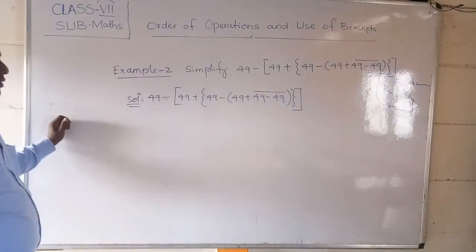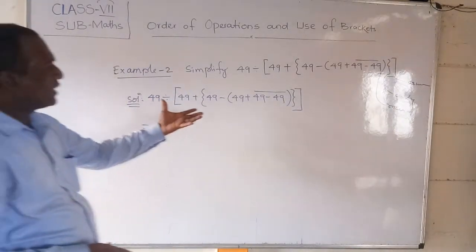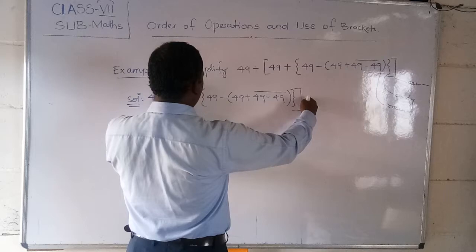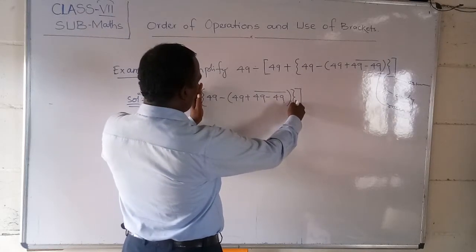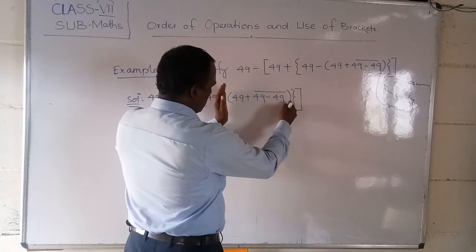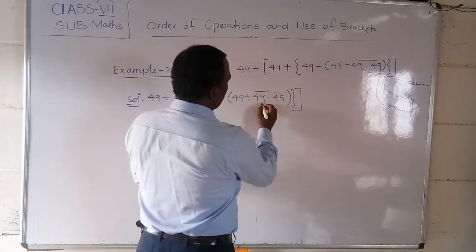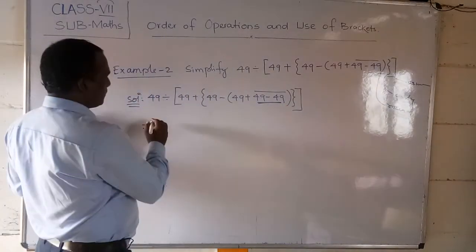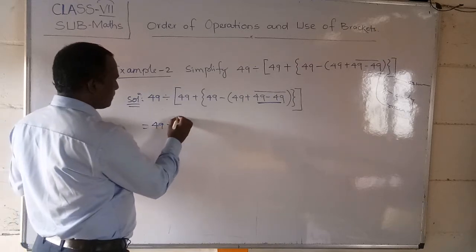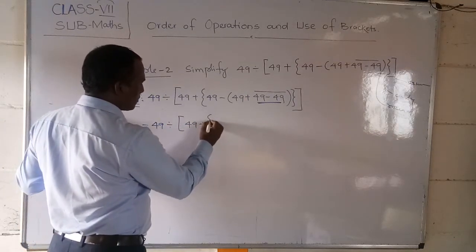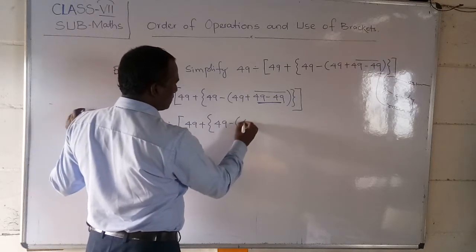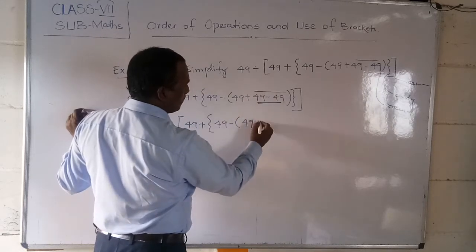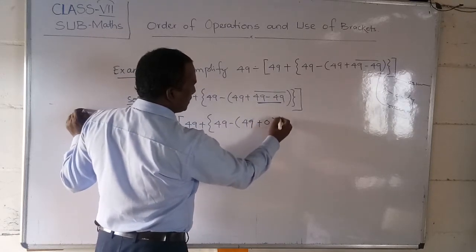Now students observe, first of all which work will you see, otherwise you will get confused. First of all you go to the square bracket. Inside it is the curly bracket. Inside the curly bracket, which bracket? The round bracket. Inside the round bracket, what is there? The vinculum bracket. So you have to do this work first. Are you clear? The rest remains as usual. So 49 divided by 49 plus 49 minus 49. Up to here we came. This we have to solve because the vinculum comes first. So is equal to 0. The bracket remains as usual.